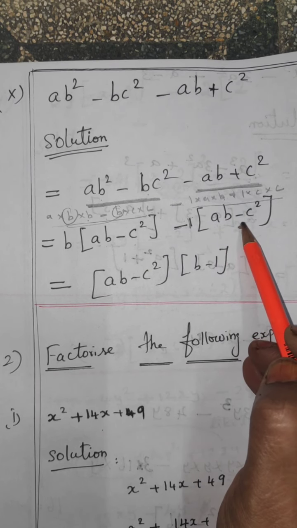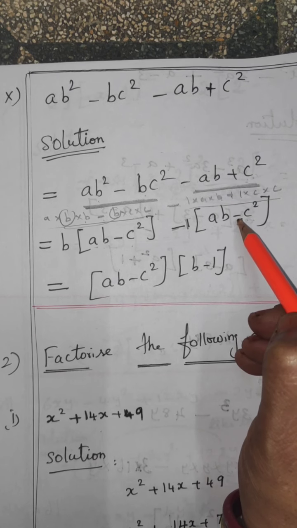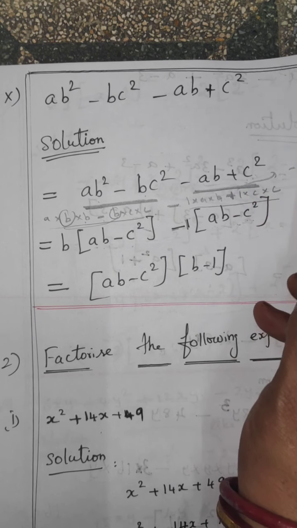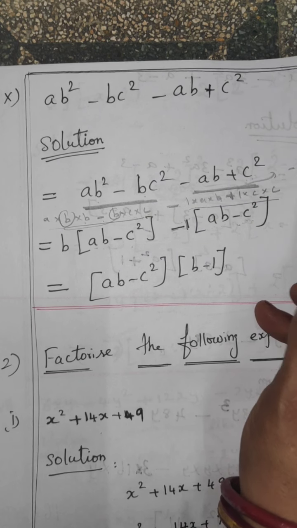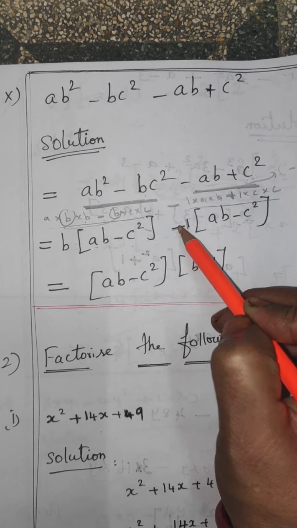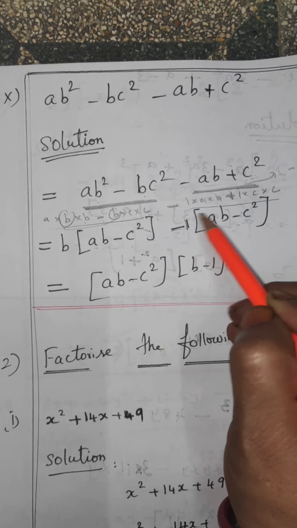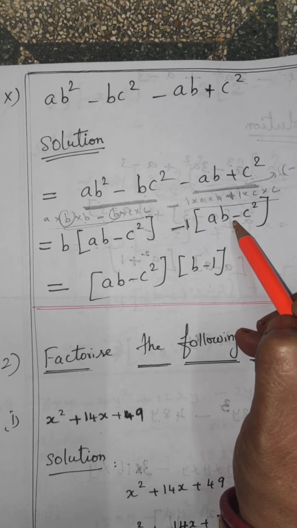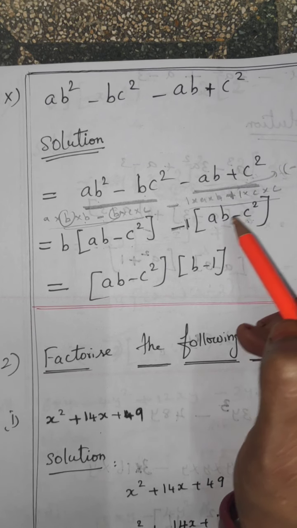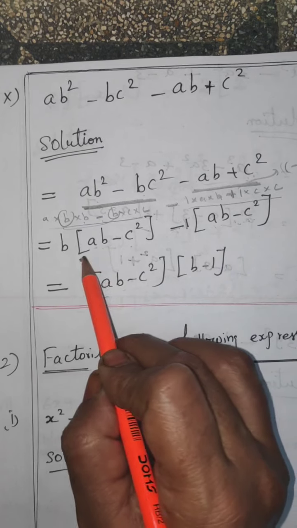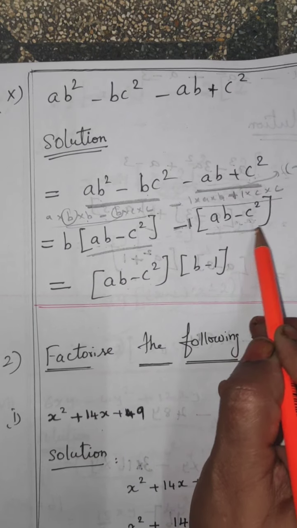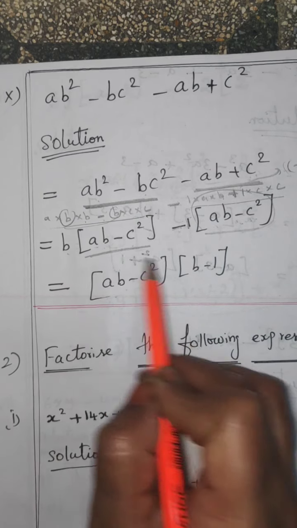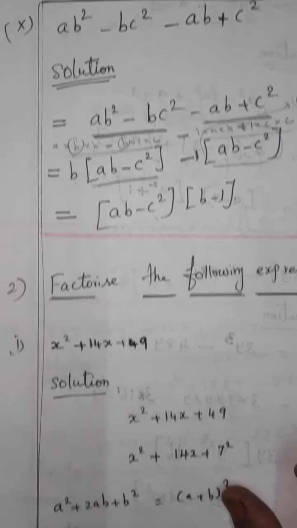So ab minus c squared. Why do you write the minus symbol here? This plus symbol, how do they write? Minus into minus is only plus. I am selecting it here, minus is the common. Here you have the minus symbol right after, so you write it in AB. Here, two minus, you write one minus symbol: minus c squared. AB minus c squared. Here first bracket, here first bracket, the second is also the same. AB minus c squared, right? Which one is not right? B minus 1, write it in another bracket.